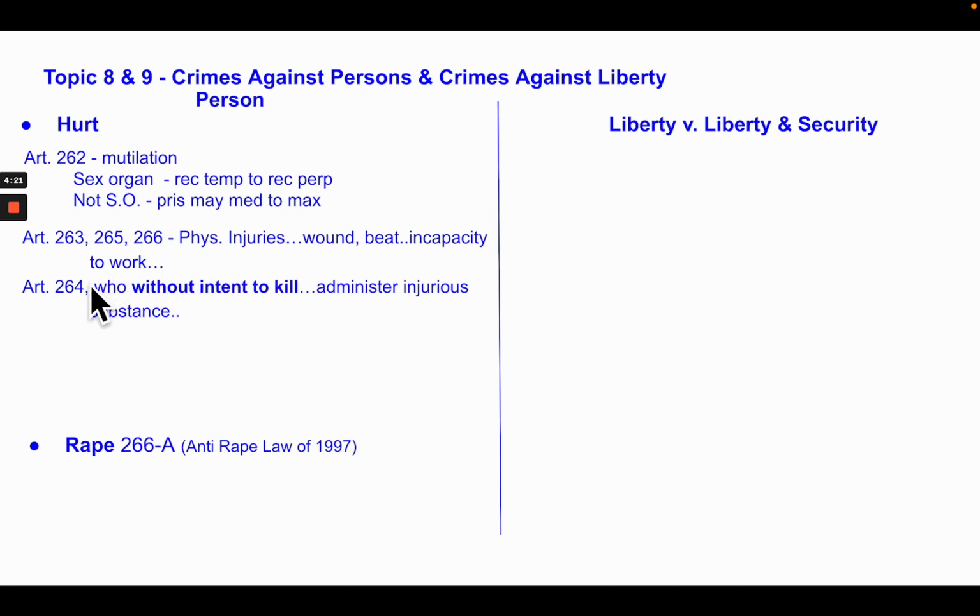Now if you look at Article 264, if you administer an injurious substance without intent to kill, there's still a penalty. It's still physical injuries depending on the effect. The point is this phrase, without intent to kill, in administering an injurious substance, gives you an idea of the difference between hurting and killing. So let's have a discussion on that. Without intent to kill,